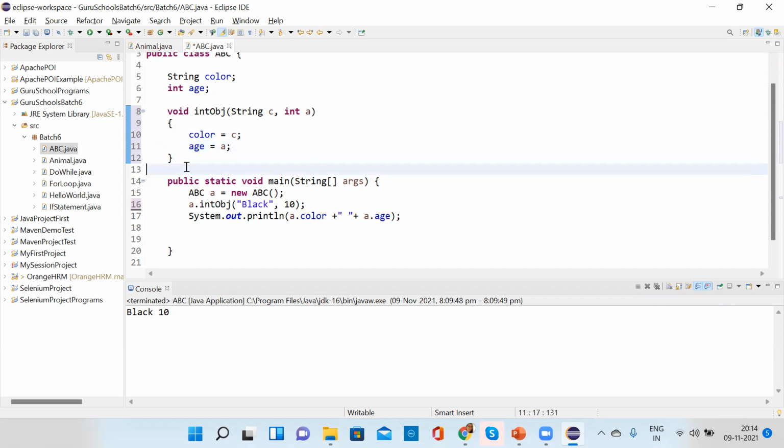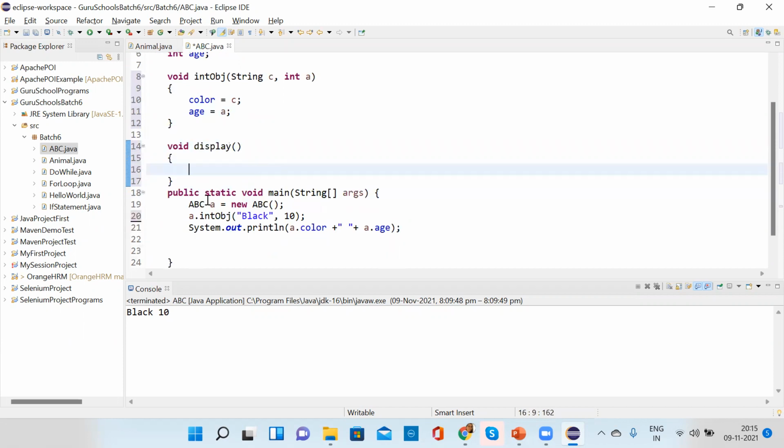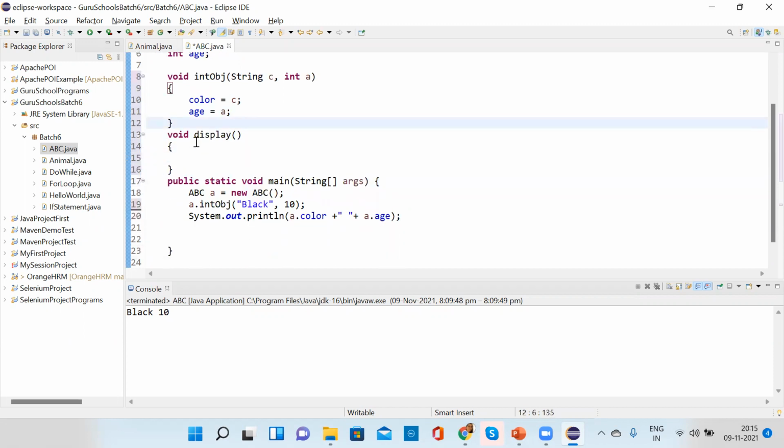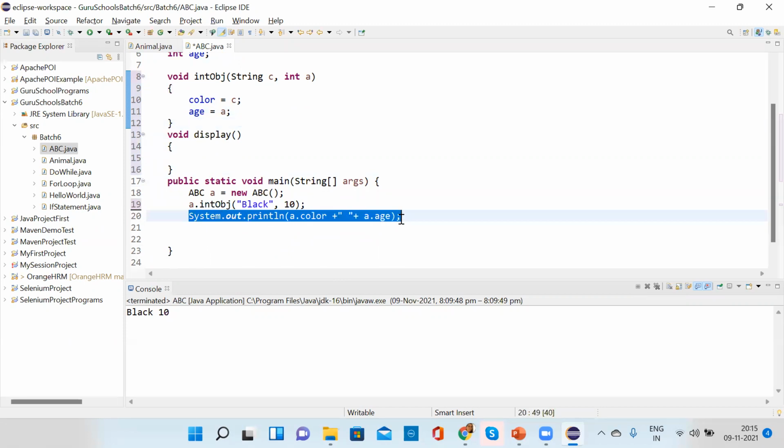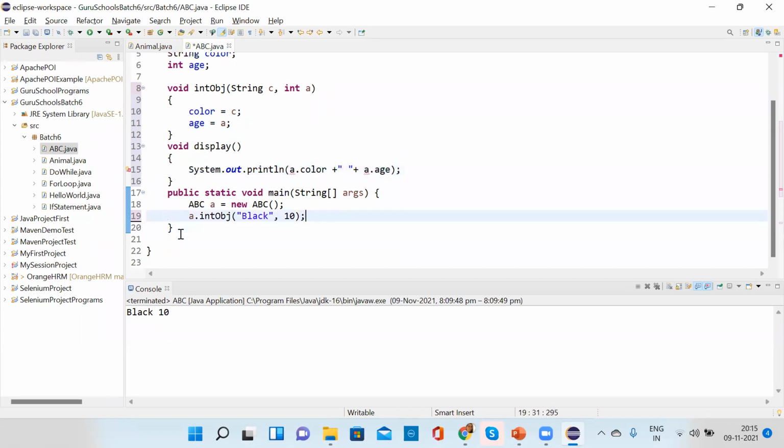Now I have created one more method which is called void display. Inside that, what you are going to do is print the variables.